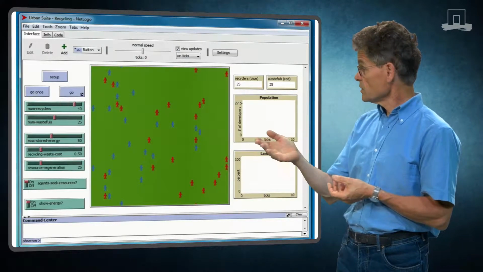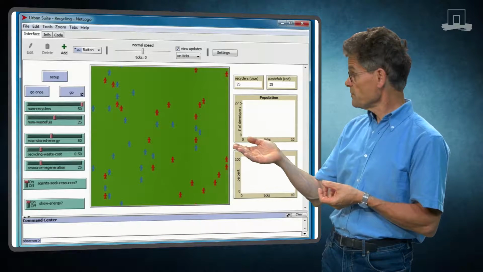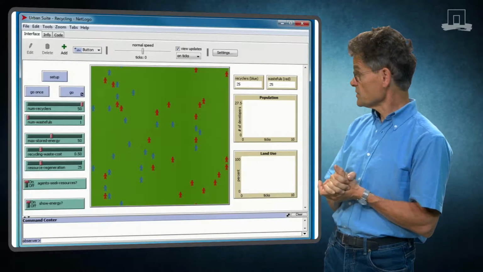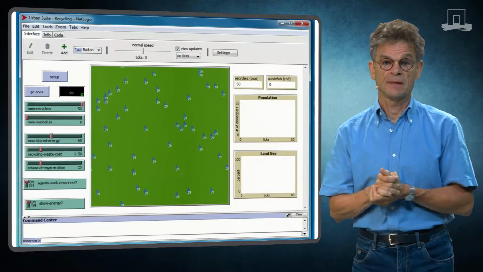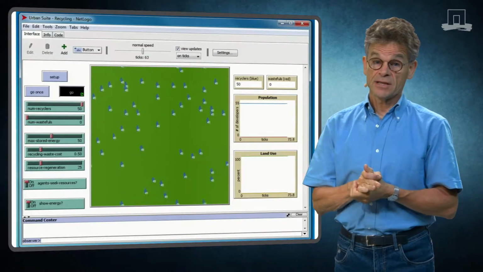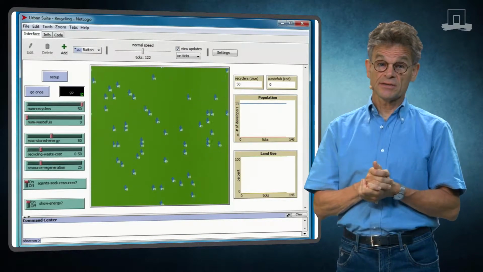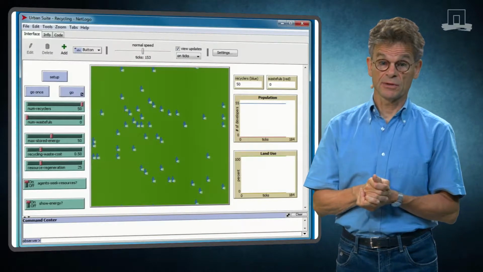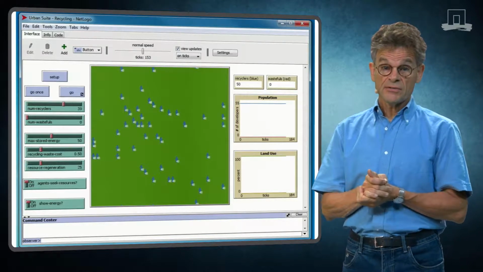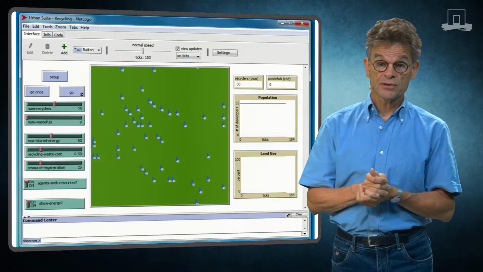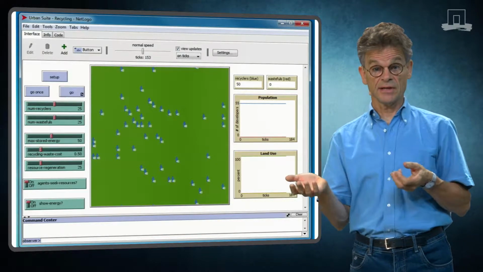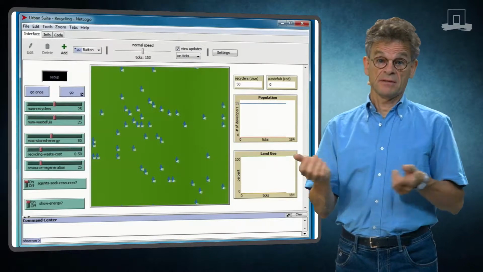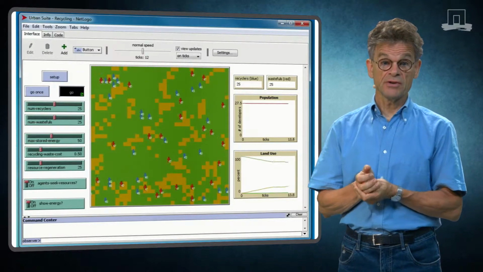You see a world with red and blue people. The red ones are called the wastefuls and the blue ones the recyclers. If you ever find yourself picking up rubbish that others have left, well, you'll like this model. When there are only recyclers, they use the land but do not destroy it, because they only use part of the resource and recycle everything. So the land remains as new, shown in green.